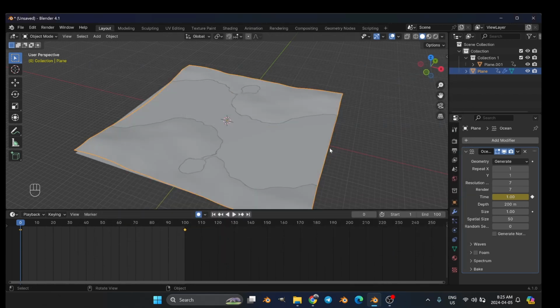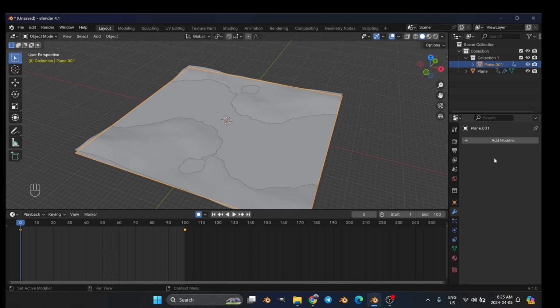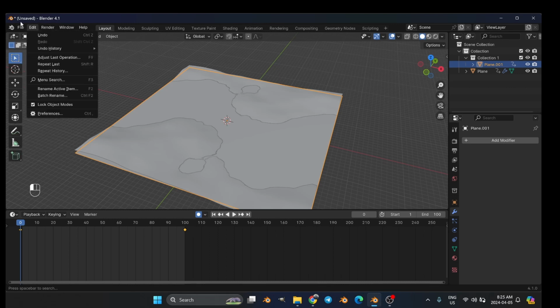Okay. Now, this is the part that usually messes everybody up. So we've got this plane set to 0. Now, what we have to do here is we actually have to apply this modifier. So this is the second plane that we made. This is the duplicate. We applied the modifier. We have it selected. And now what we're going to do is we're going to import